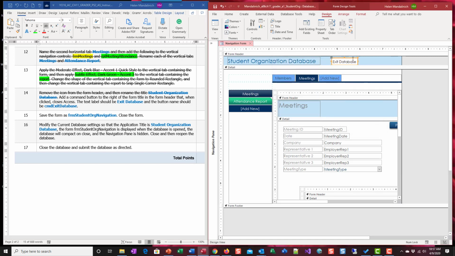Boom. So now we have our button here. So we're good with that. Save the form as FRM Student Org Navigation